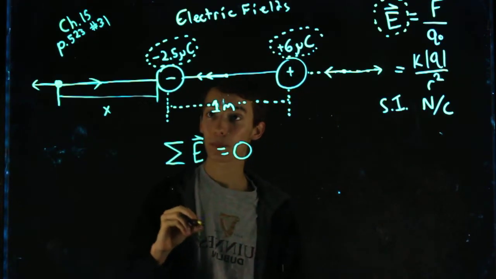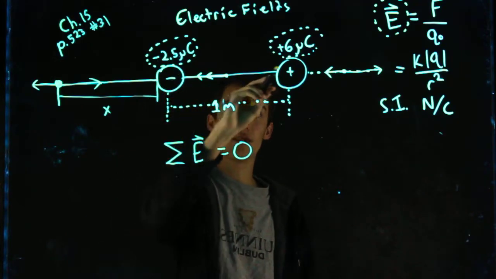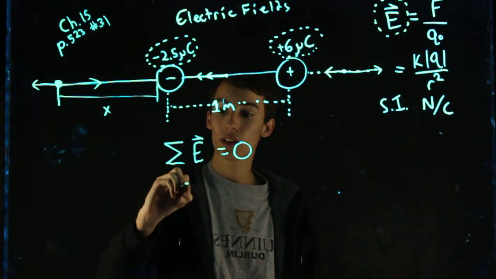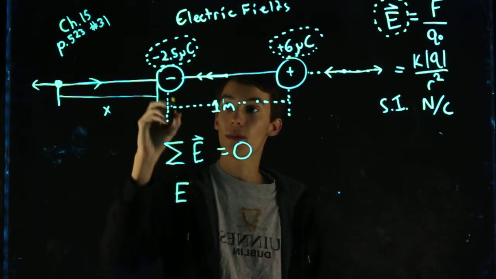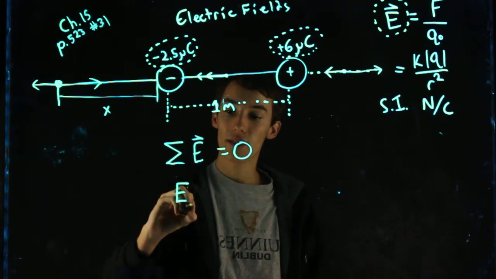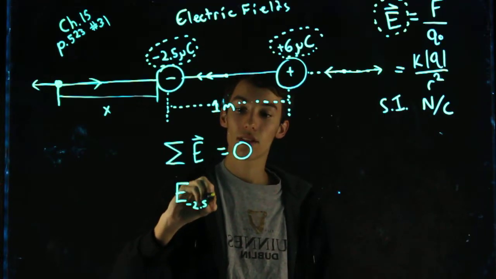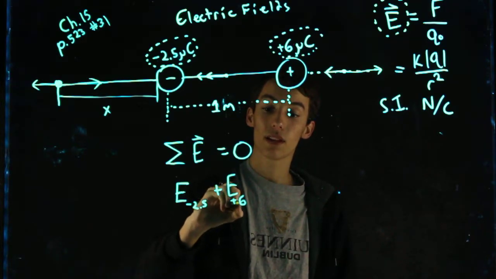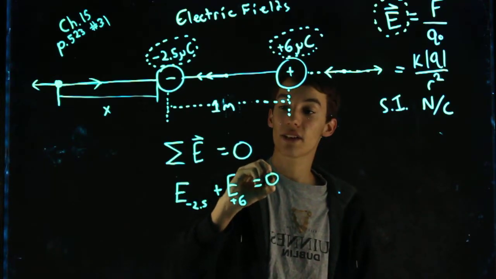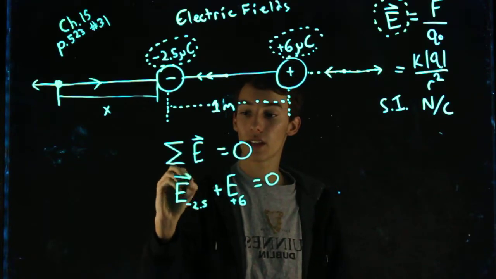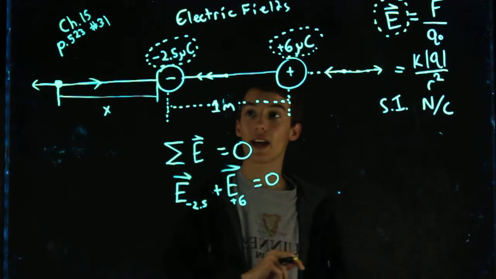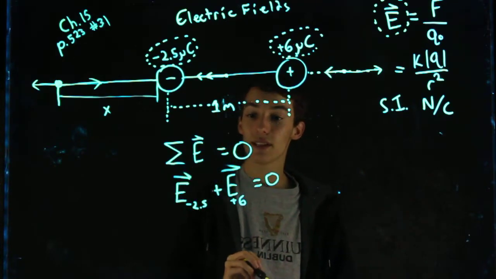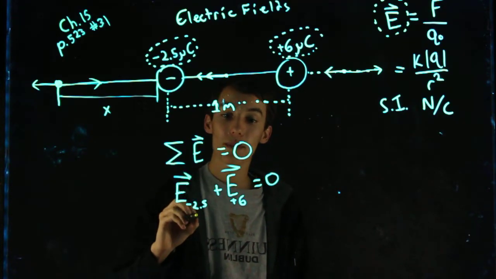I also know, given that the direction of these two electric fields are going to be opposite, that the electric field from the negative 2.5, so the E on the negative 2.5, plus the E on the positive 6, is going to equal 0. So that's just summing up our electric fields, and these are still vectors, and we like to put on the hats because we're cool. So these two vectors adding up, they're going to cancel out to be 0. Since they're acting in opposite directions,